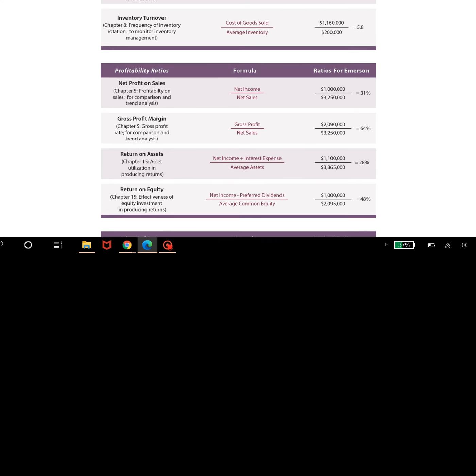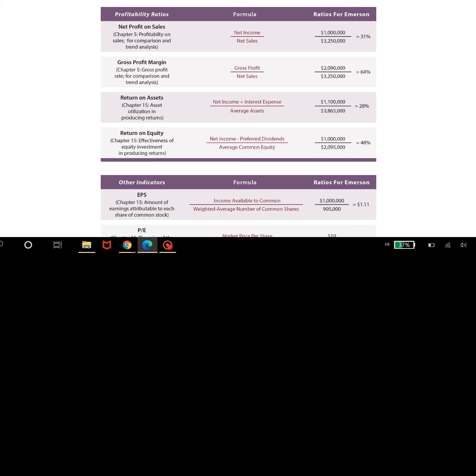After the turnover ratios, you have to calculate the profitability ratios. There is no purpose of any business if it does not exist for profitability. The whole and sole purpose of any business is to generate profit. And this profit is divided into two major parts, the gross profit and the net profit. There is no basic difference between them. It's just that the gross profit does not include your cost part, and net profit considers the cost part also.